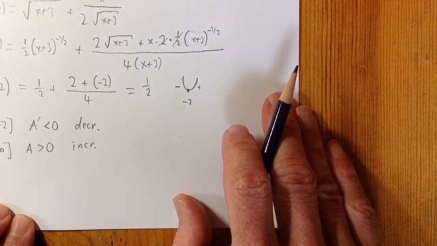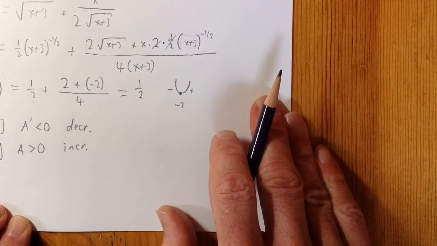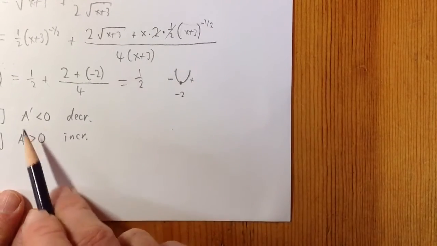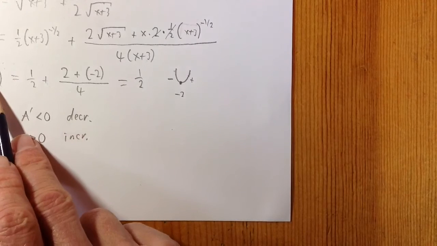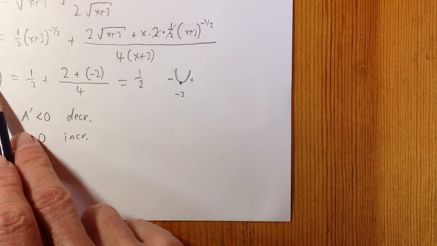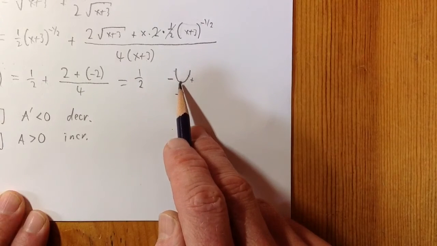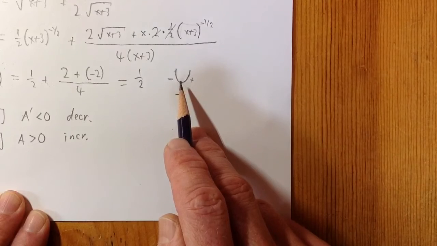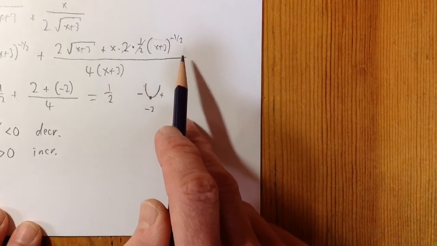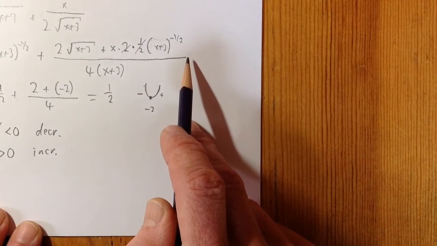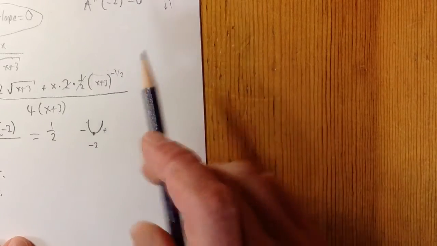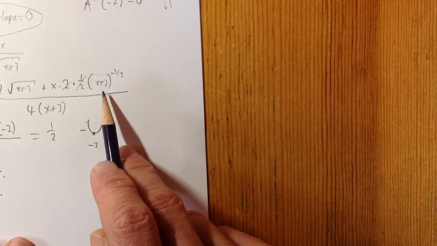Now, how about concave up and concave down? It switches over at an inflection point, but we know that at negative 2, there's only one place where the slope is 0, and we know it's a minimum. And there's no places where the second derivative is, actually, we don't know that. Is the second derivative equal to 0 somewhere else? That could be another inflection point. So we didn't figure that out, but if we look at this,